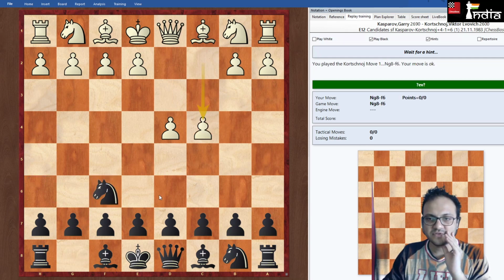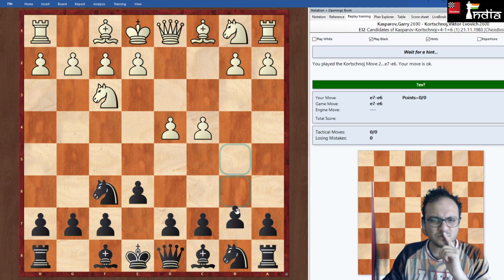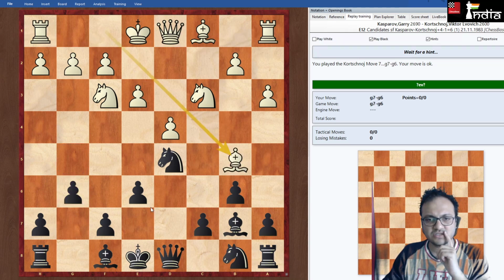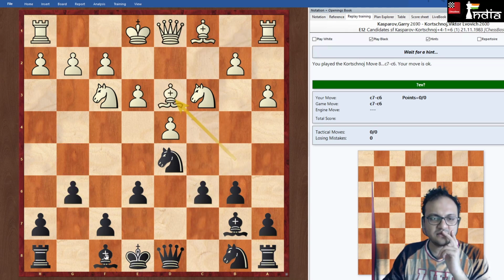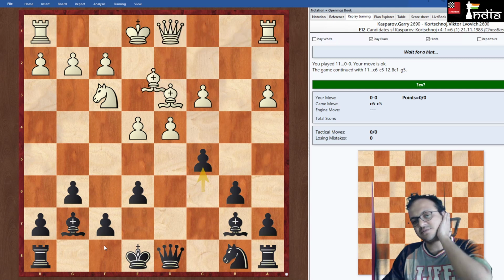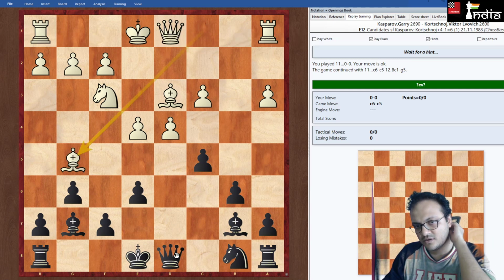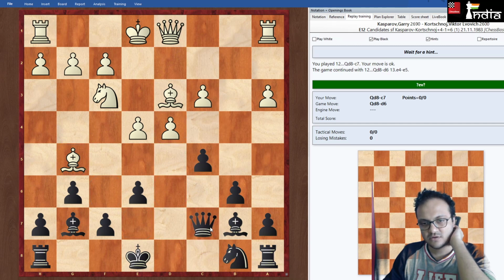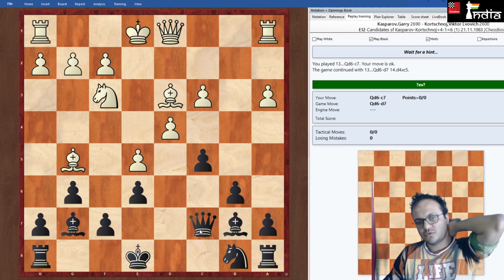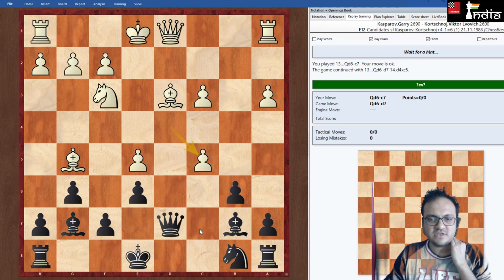We can look at this: knight f6, c4. You can see there are points for every move. e6. I think it was b6. Yes, bishop b7, a3, d5, cd, knight d, e3, g6, bishop d5, c6, bd3, bg7, e4 takes, castles. He didn't play castle. He played c5, bg5. Queen c7, queen d6, e5, queen d7, dc.